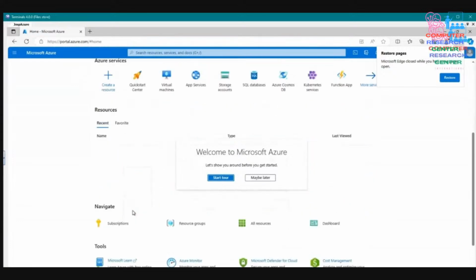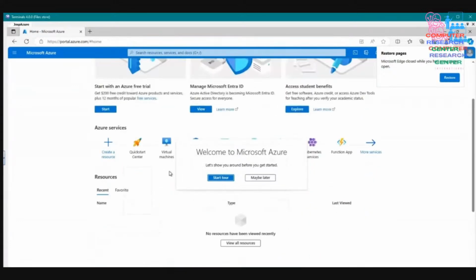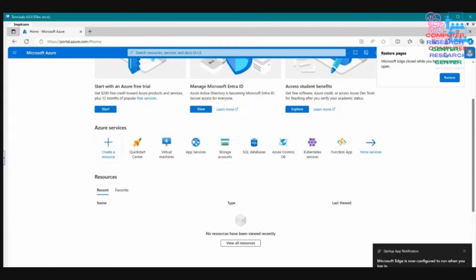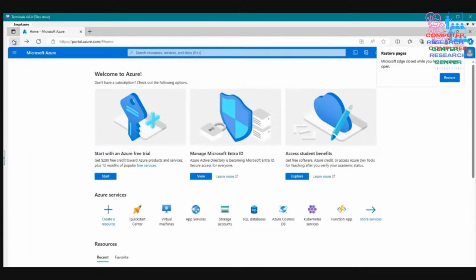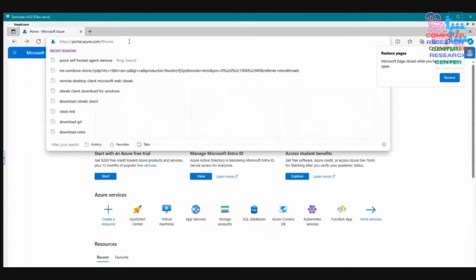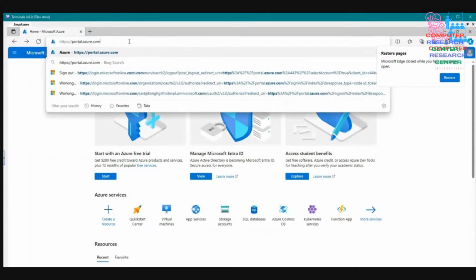So in Azure we don't have many things available at this time, but oh, sorry, I logged in with the wrong credentials. Anyways, that's fine, we don't have much here, but we will be going to Azure DevOps. So let us go there. The link for Azure DevOps is